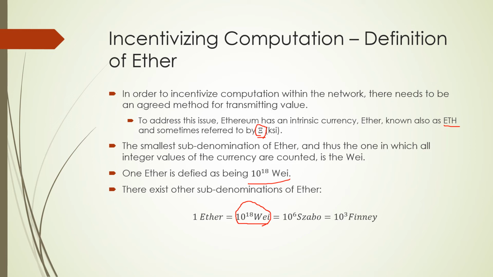Other than Wei, we have other subdenominations like Szabo, which is 1/1,000,000 Ether. That means 1 Ether is equal to 1 mega Szabo, or 1 Ether is equal to 10 to the power of 3, or 1,000, or a kilo Finney. And these are the subdenominations of Ether, which is a currency in